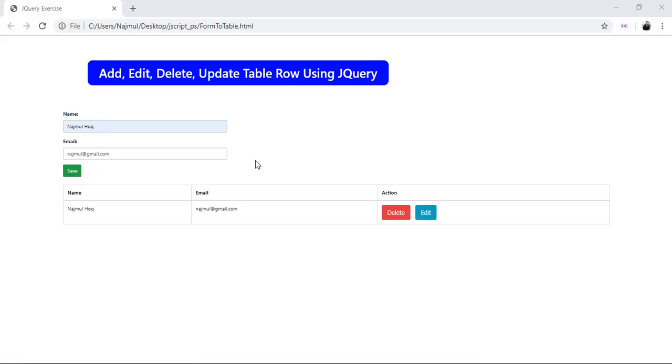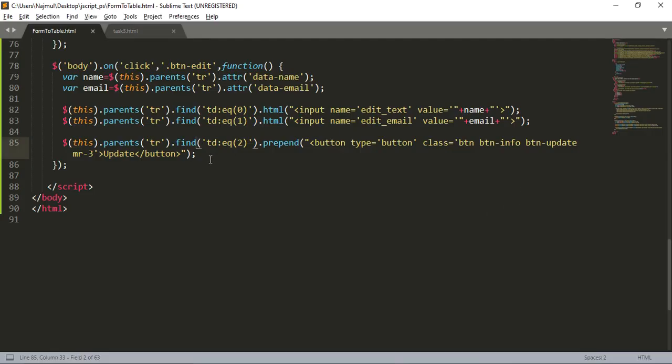So now if we refresh and we click the edit button, you can see we can edit, but there is another problem, that we see that the edit button is also in there. So we have to hide this button